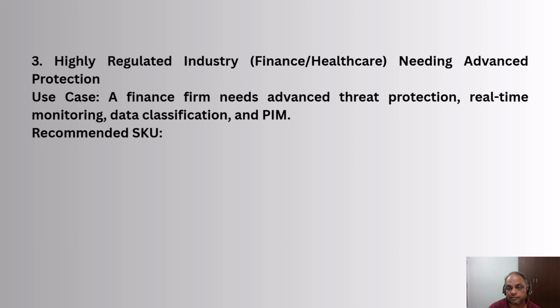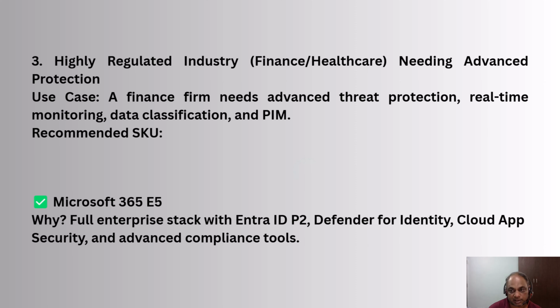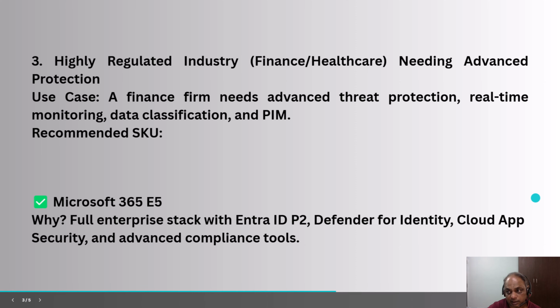A finance firm needs advanced threat protection, real-time monitoring, data classification, and PIM as well. So if it needs PIM, it needs to have Entra ID P2 that we discussed. Advanced threat protection was included in E5 or Enterprise Mobility plus Security E5. Real-time monitoring, which is the monitoring of the devices. So let us see. It needs Microsoft 365 E5, which provides the full stack with Entra ID P2, Defender for Identity, cloud app security,